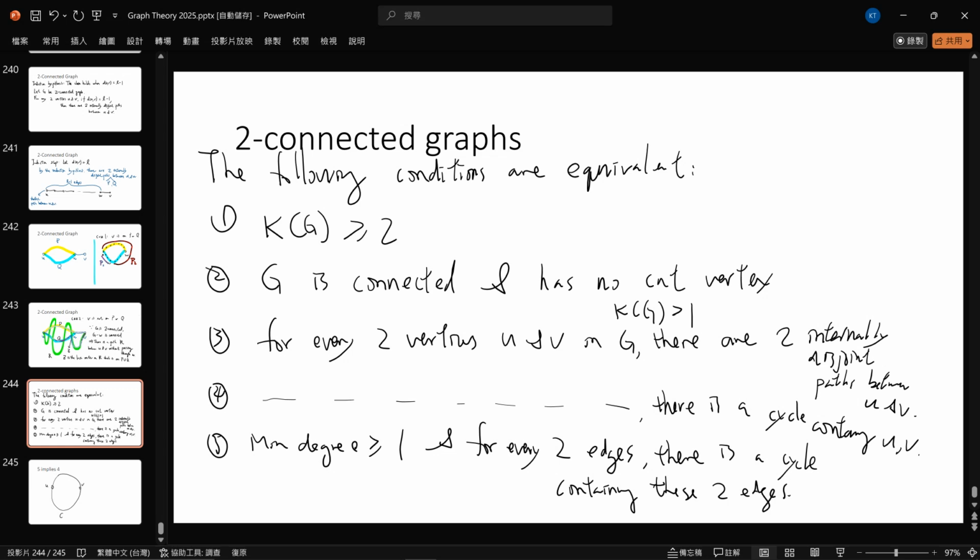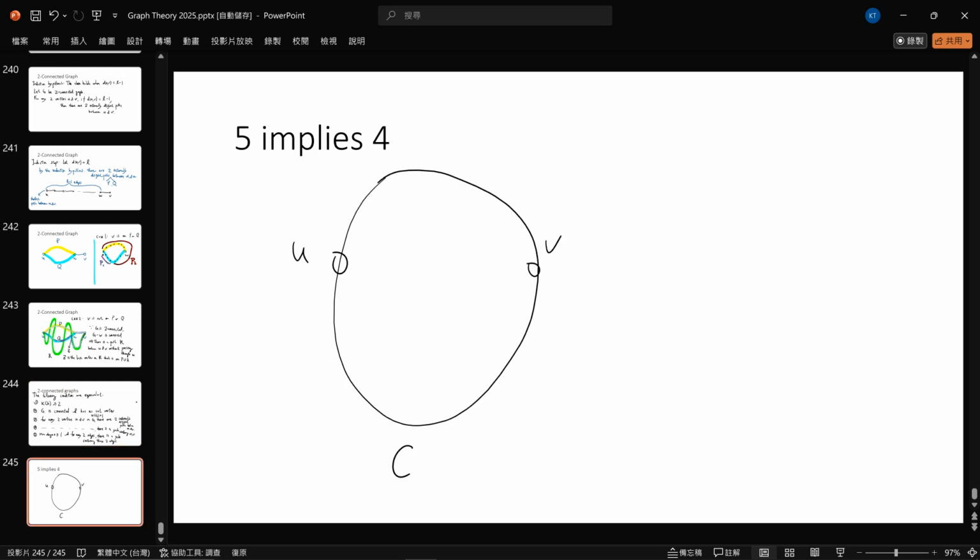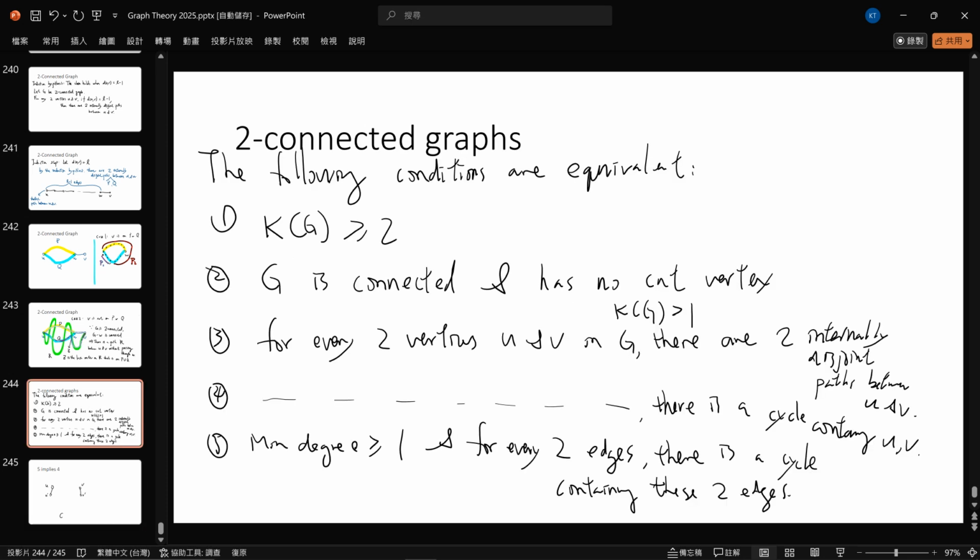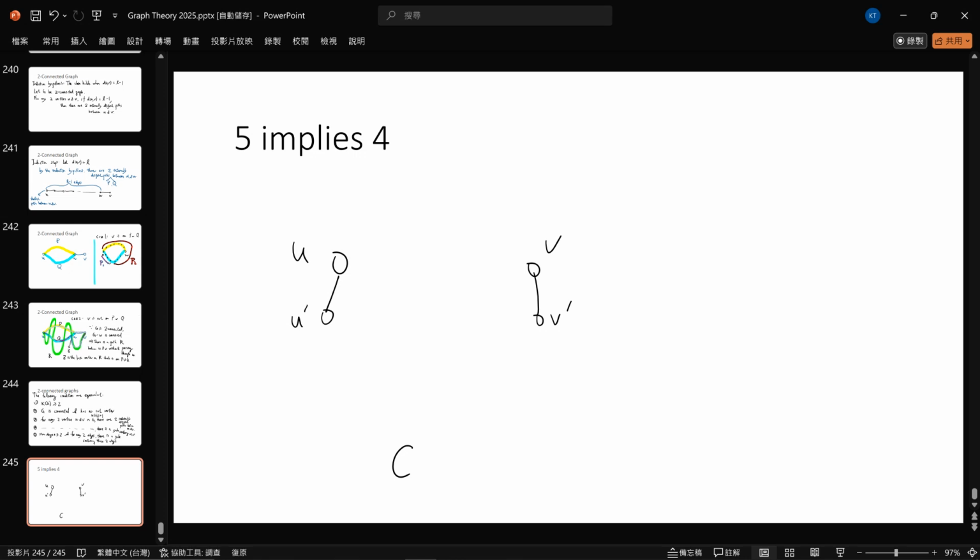Okay, so the assumption is that the minimum degree is at least 1. So if the minimum degree is at least 1, this means U has a neighbor and V has a neighbor. 对，如果你要说的话，这边你也可以把它改成 two。你是对的，但我们的 proof 不需要用到这个 two，我们只需要用到1而已。不管怎么样，它都一定至少会找到一个 neighbor，所以 U 会有一个 neighbor U prime，V 也会有一个 neighbor V prime。